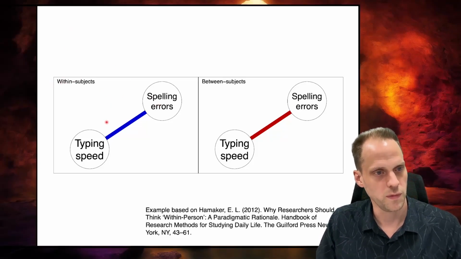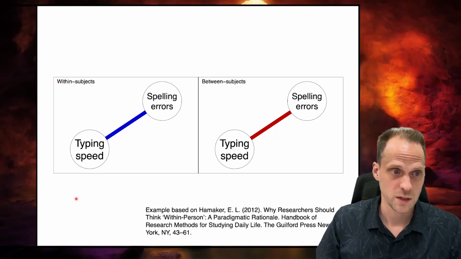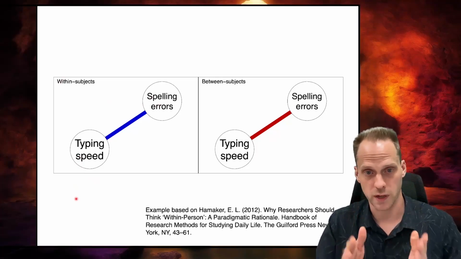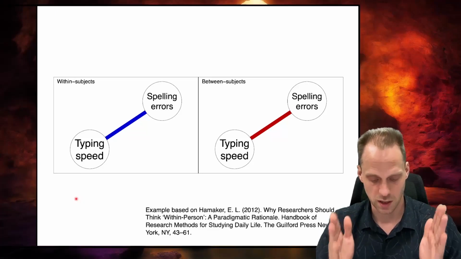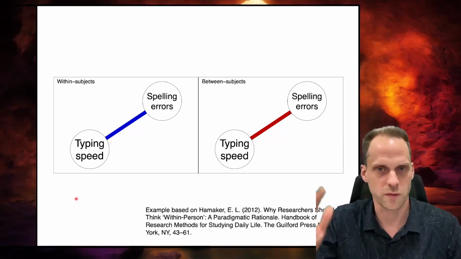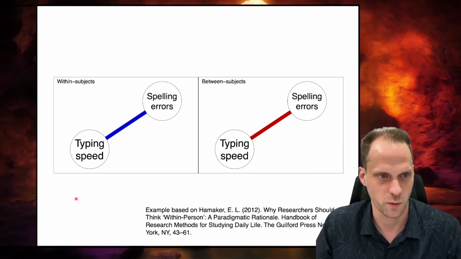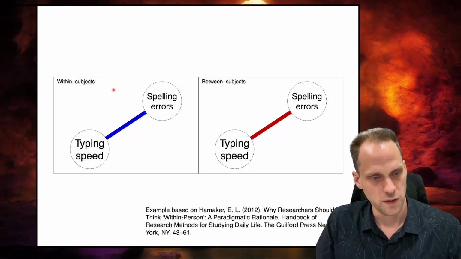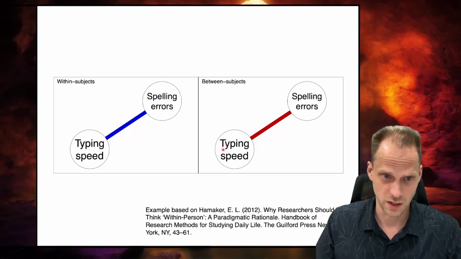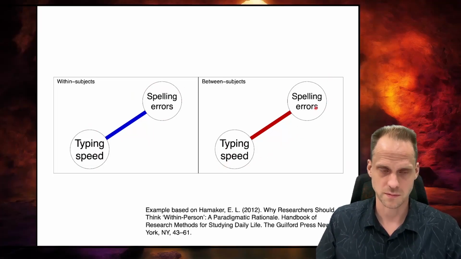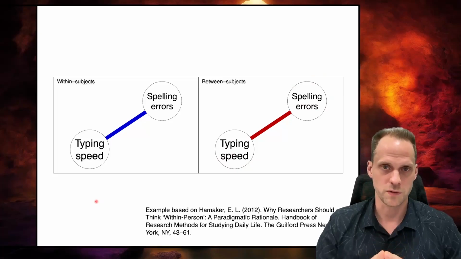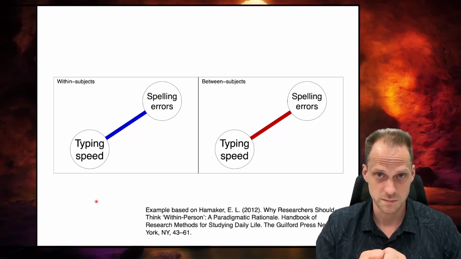So for example here, I have an example where I collect a data set on spelling errors and typing speed. So let's say I let participants write a text, and I see, okay, how fast did you write the text? How many spelling errors did you make? And I do this many times, like every day, for example, for a series of several weeks or so. If you do that, we might find this. We might find a positive relationship at the within-person level, and a negative relationship at the between-person level. Now, at this point, maybe you want to pause the video and think a bit about what this means.